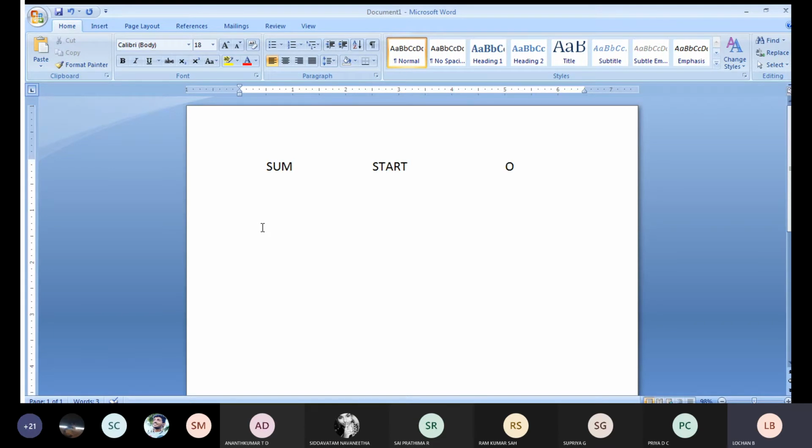If you take a starting address, in some other cases you can take the starting address as 1000. We will be assigning the value, or in some other cases I'll take the starting address as 2000. We have not specified whether you need to take the address from the starting location itself.